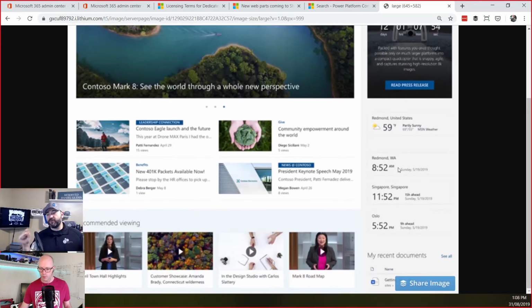So if you look over to the right hand, on the vertical web part, being able to put in multiple locations. The world clock and weather web parts, frankly, are really popular with a lot of people. Even if they're very simple. I actually already have a weather web part. I carry it around in my pocket. But anyway, what's really cool is if you have geo pages,